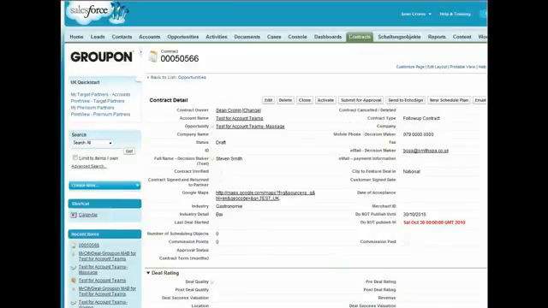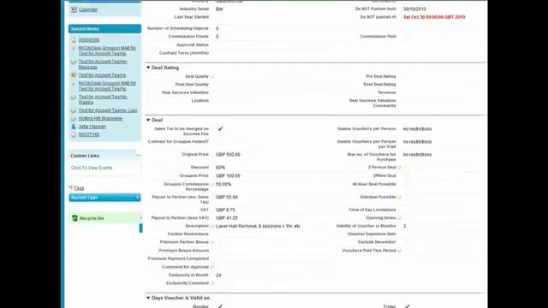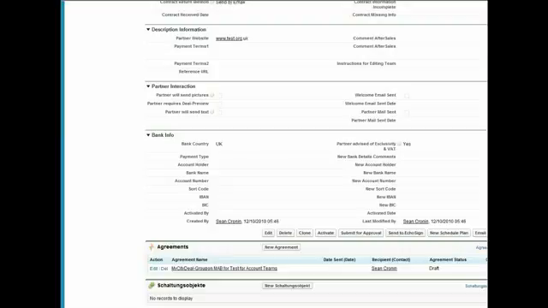If we go back out to the contract, and we're in the contract screen, which is the contract that you've just created in Salesforce, if we scroll down, we can actually go down to the agreements section, and this agreement section is the EchoSign contract that has just been created. Now at the moment this is not sent, and it's in an agreement status mode. If we go back into that,